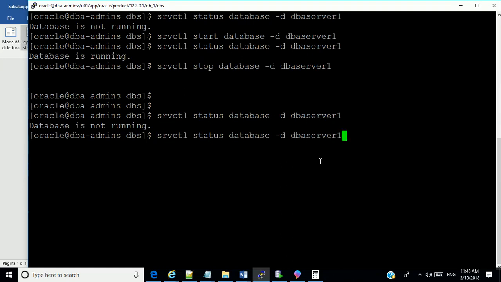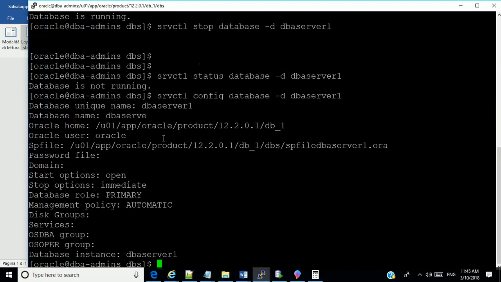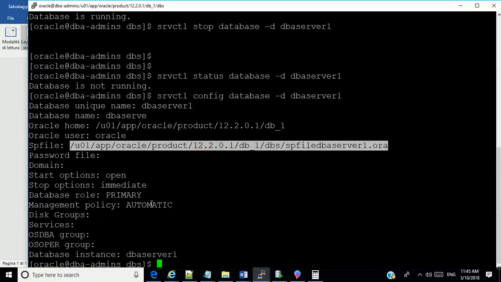And you can look at the configuration, config. I can see all the information about my database server: the unique name, the Oracle home, the SP file.